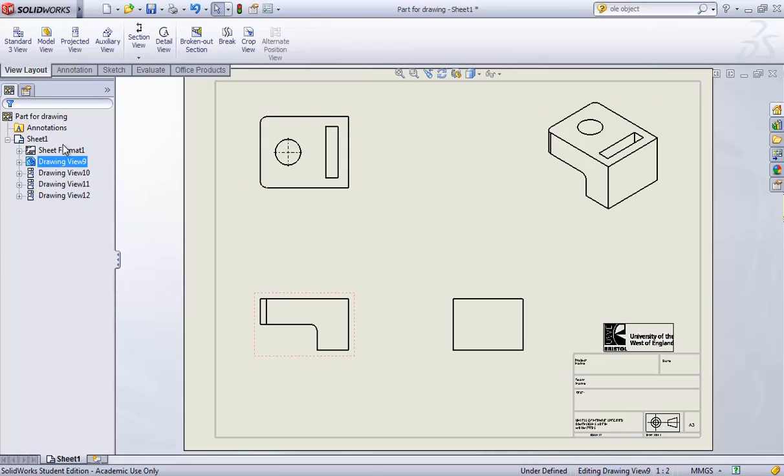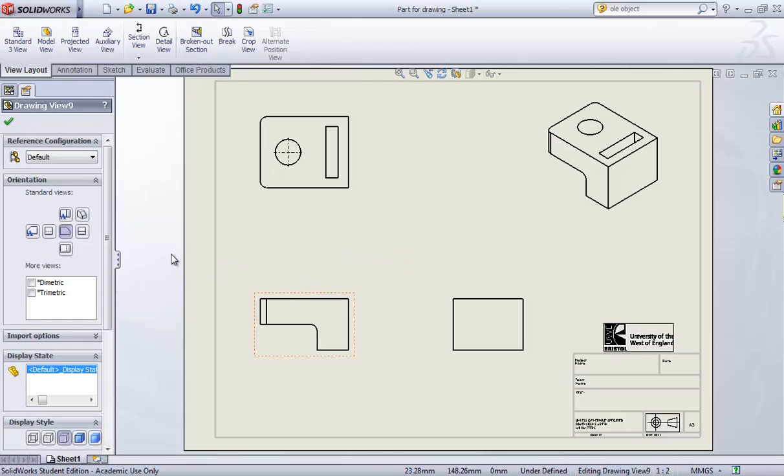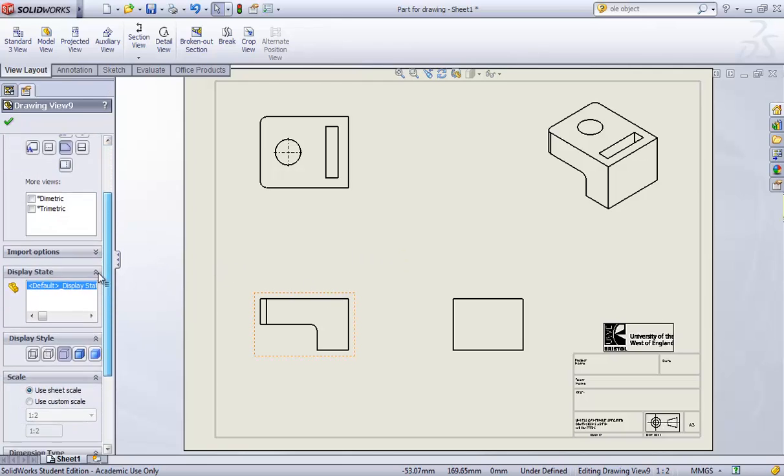So if you wanted to make any changes, you would do that from here. There are a few things I want to tweak. As you can see, this is the front view, that's the top view, but there are a few details missing here. I was hoping to see this cutout here, which runs from the top surface to the bottom. I was hoping to see a couple of hidden details, so dashed lines, so they are missing from this particular view. So I wonder if I can select this view, and on the left hand side from the display style